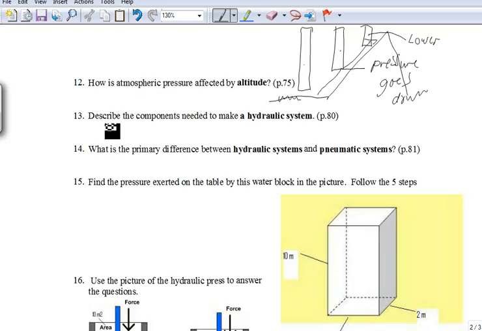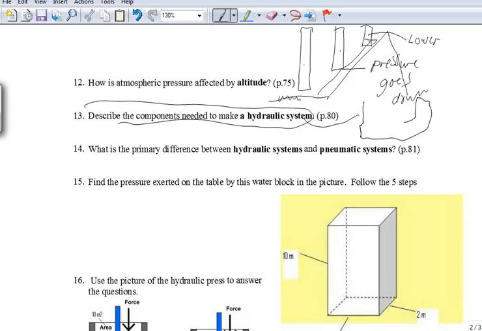Next question. Describe the components needed for a hydraulic system. So what do you need for a hydraulic system? You need some pistons, and inside those pistons you need a liquid, because liquids are virtually incompressible inside